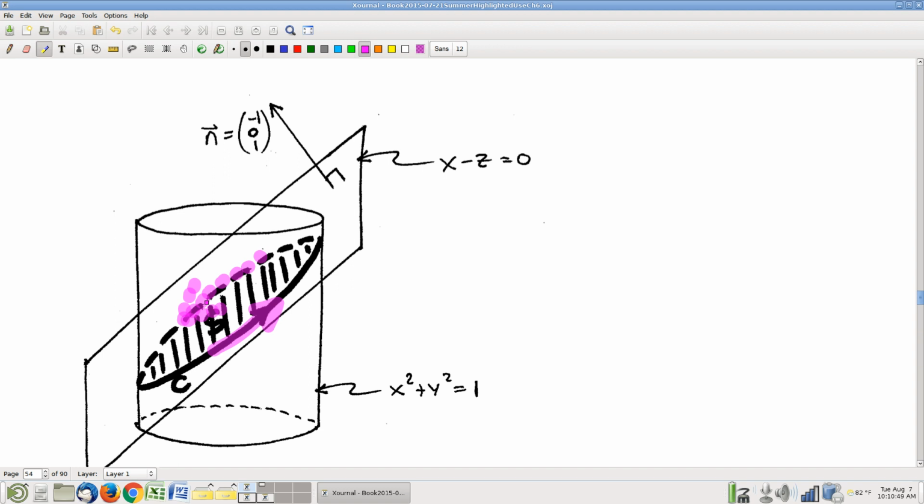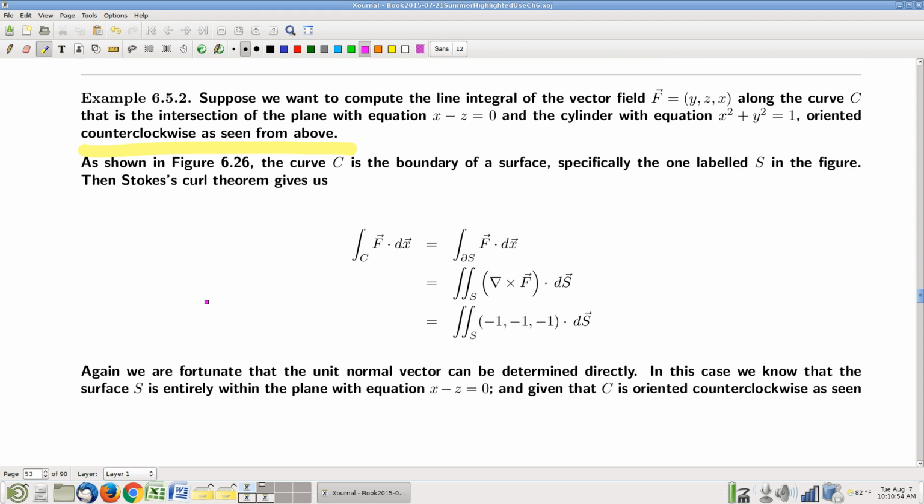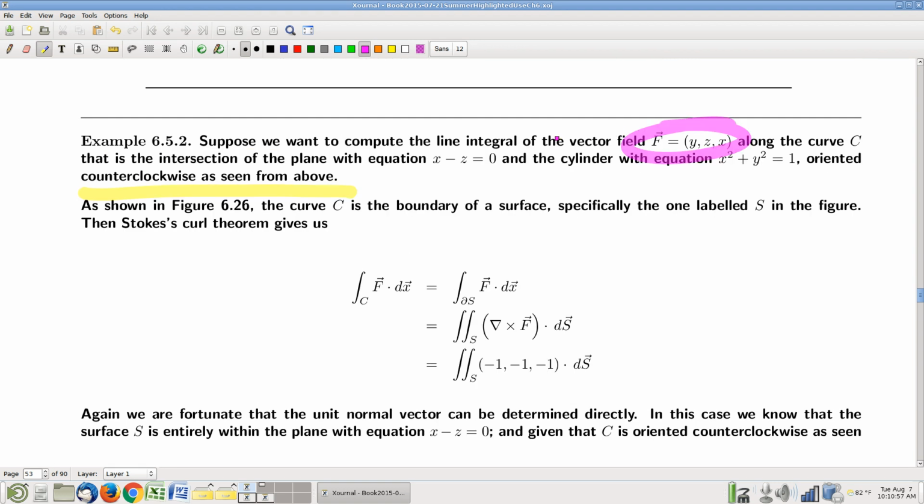Now, again, if you want to parameterize the curve, go ahead. It's not clear that would be a bad choice. Look at our vector field here. That's not a bad vector field. X and Y are easy to parameterize. Sines and cosines. It's easy to solve for Z. Z is just X. It'd be pretty easy to write down a parameterization and pretty easy to do a plug-in pullback to compute this line integral. Not a throwaway concept. Could very well work out that that's the best way to do it. Anyway, let's call that plan B for the moment, and let's consider the possibility of